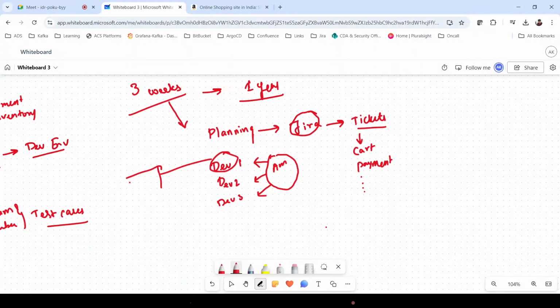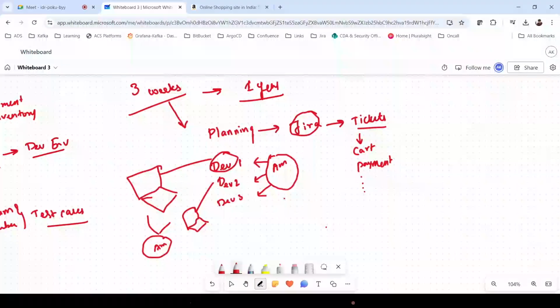But if we mix both codes, only then will the Amazon application be created, right? So this code has to be managed centrally somewhere. At this place we use Git.